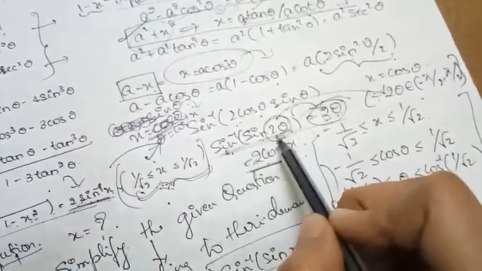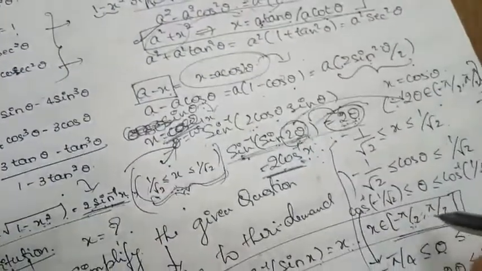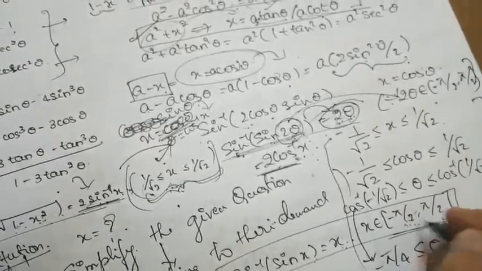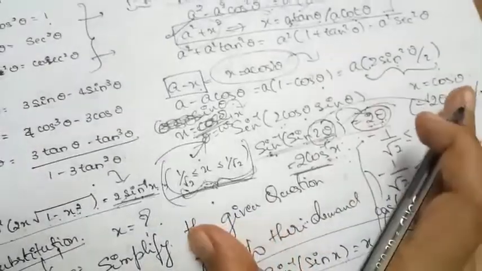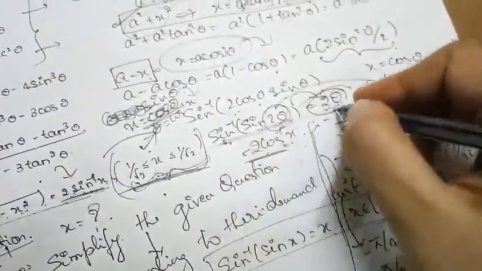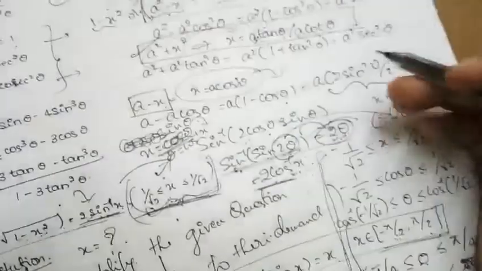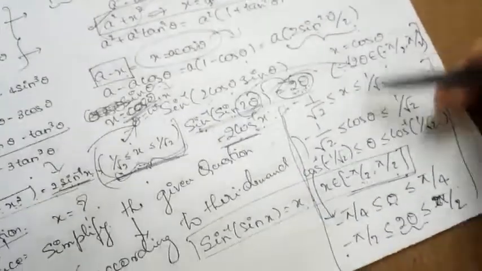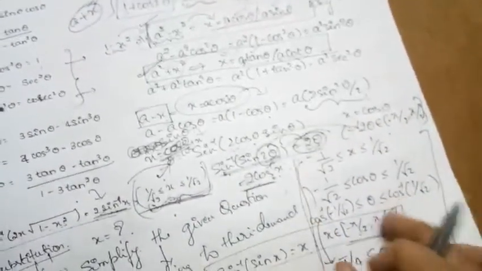Before writing sin inverse of sin 2 theta is equal to 2 theta, we need to check whether this belongs to our principal value branch or not. It is going to belong, because all the questions are standard questions in your NCERT textbook. But you should know this, because without knowing this it is like blindly writing sin inverse of sin 2 theta is equal to 2 theta. I have already explained that much in each and every video, and if you don't understand this concept, it is a wastage of explaining extra concepts in the video. That's why I have explained this in this video.